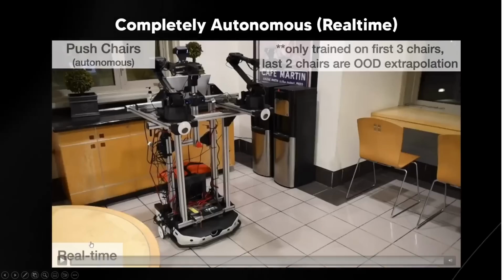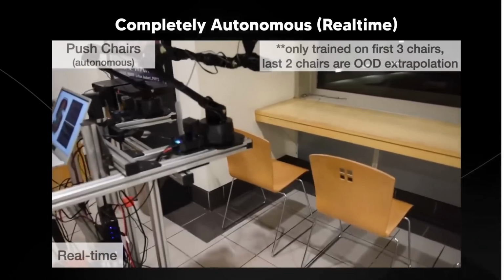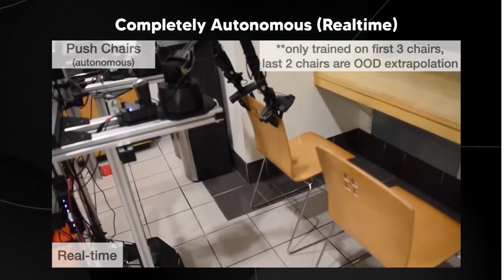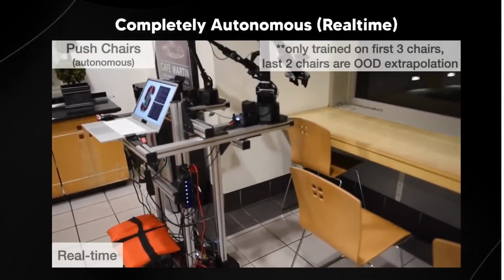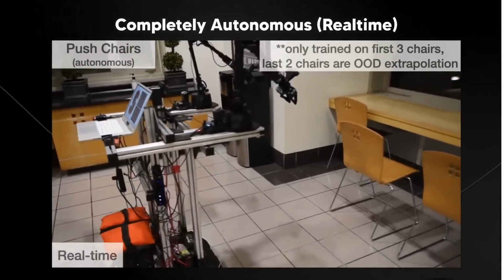So here we have the push chairs task, and this is of course completely autonomous, and this is in real time. So you can see how fast it actually is. And I did want to show this because I wanted to be transparent in not just saying that, oh my god, this robot is so amazing. It definitely absolutely is amazing, but